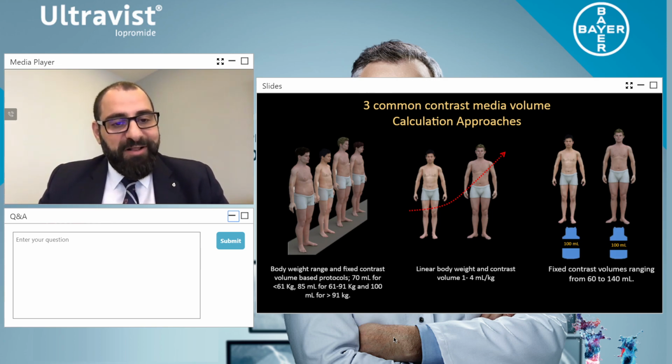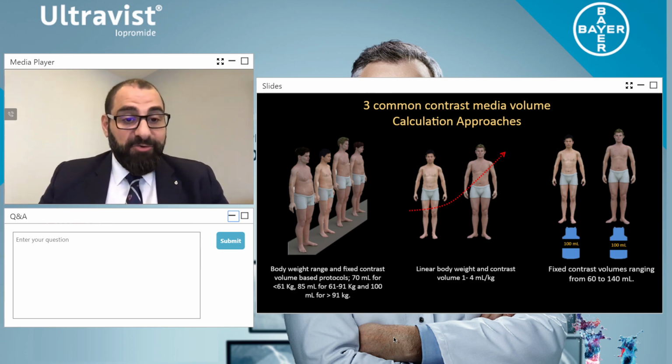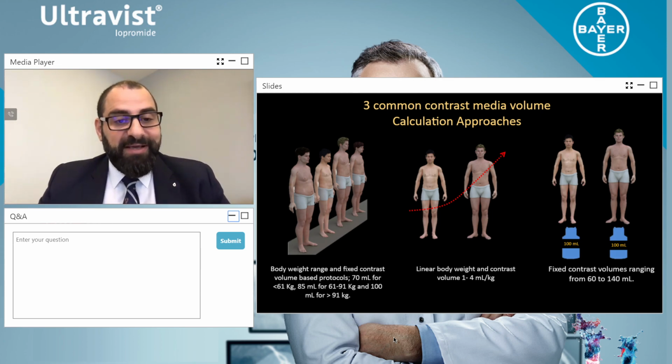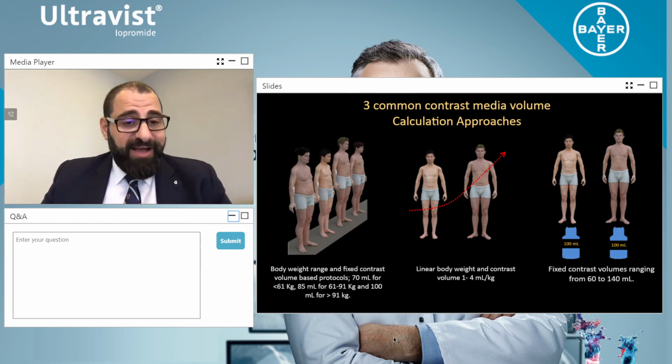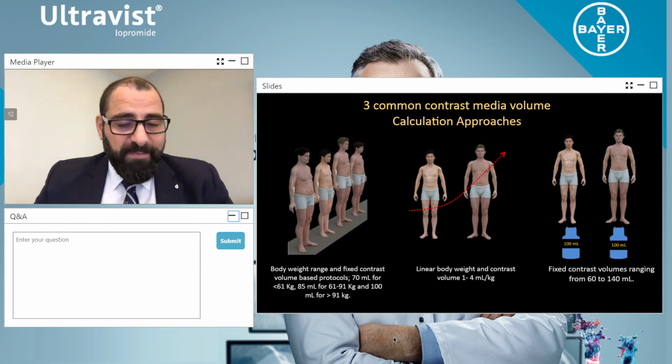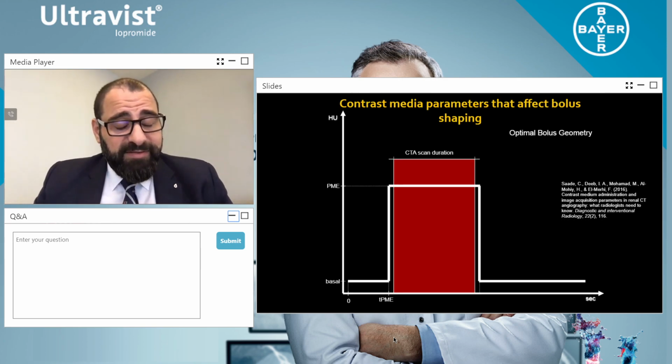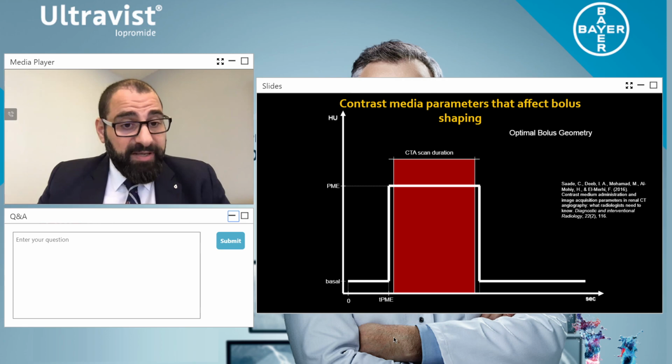We want to see, well, if contrast moves like blood, like Ultravist 370 does, then it's going to get to all those little spaces that we want. And this is where we start to look at contrast. So let's look at how contrast media works. By the way, all of these videos and images that I'm showing you are taken from the publications that we have done.